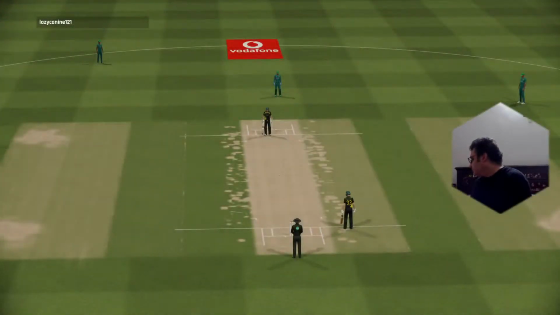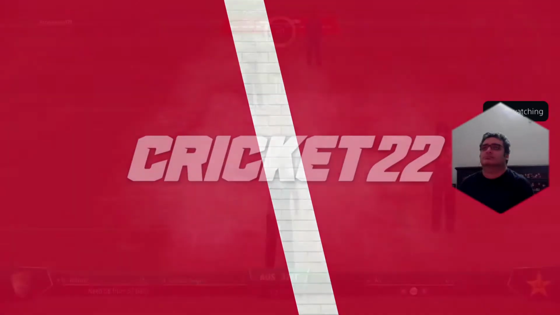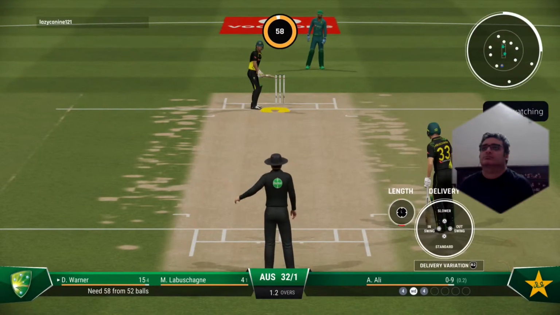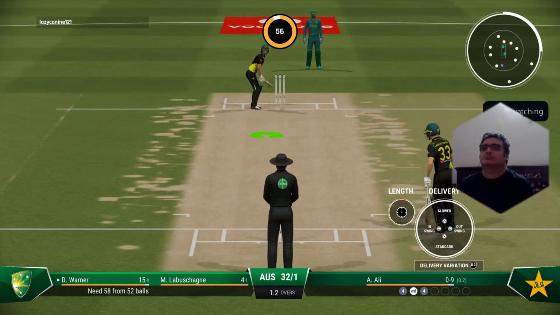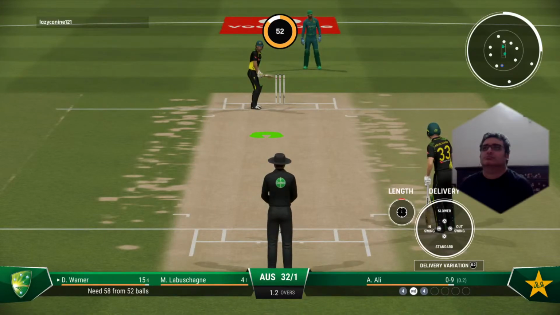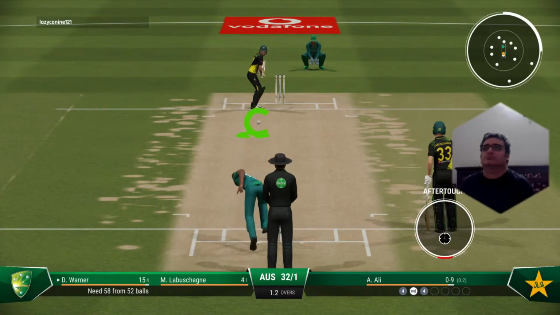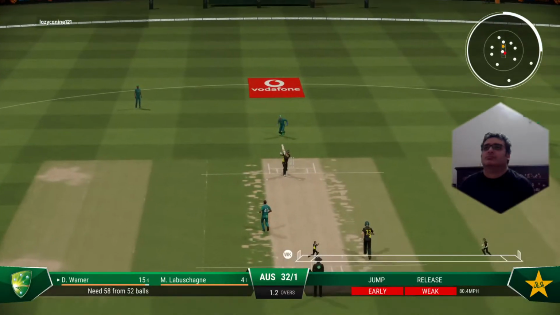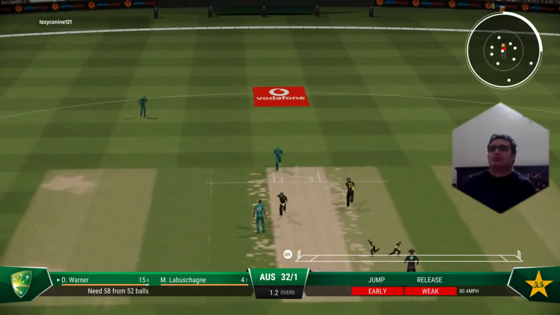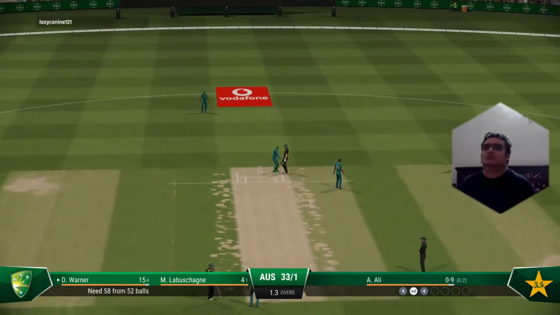A poor delivery. Warner has got the big shot away this over. Now they can focus on playing the next ball on its merits. I don't think there was any bat on that.